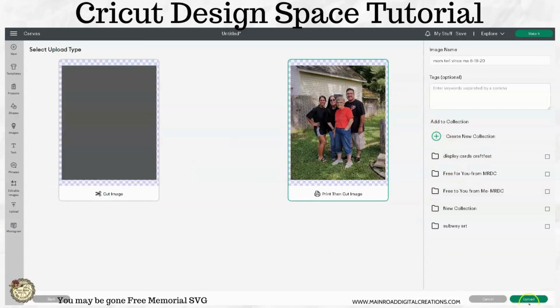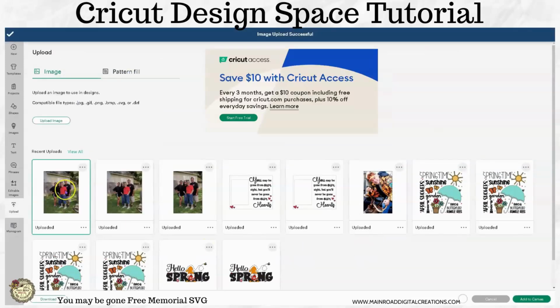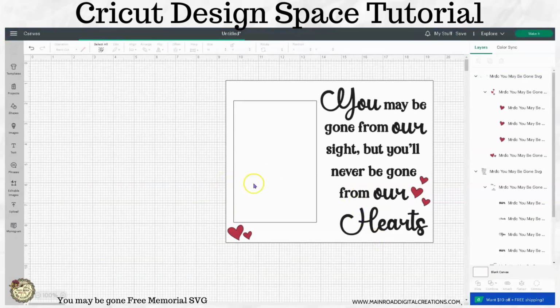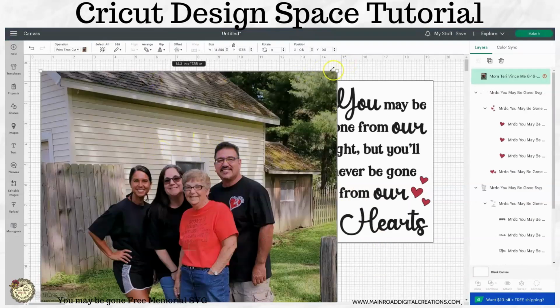Hit apply and continue. We're going to click on this one. This is the print and cut. Upload. Let Cricut do its thing. It's thinking here. All right, then we want to click on it and add to canvas. So your photo is going to come in and it's going to be large, so let's go ahead and just